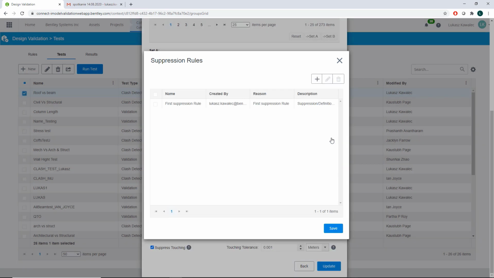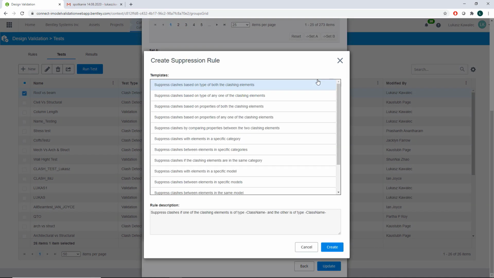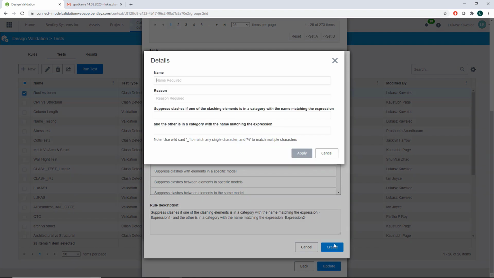Next is the suppress rule that suppresses clashes if one of the clashing elements is in the category with the name matching the expression and the other is in the category with the name matching some other expression or the same expression. Here it is necessary to define two different categories for which clashes will be allowable and its results will be suppressed. That could be used for the maintenance regions or even loop for some work,